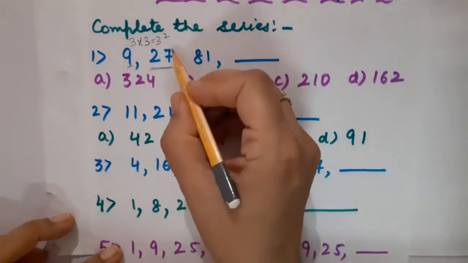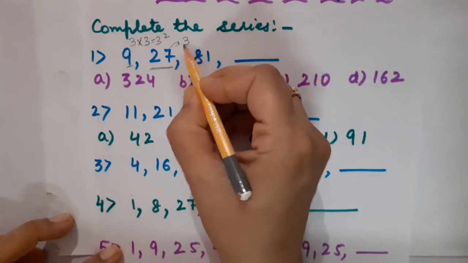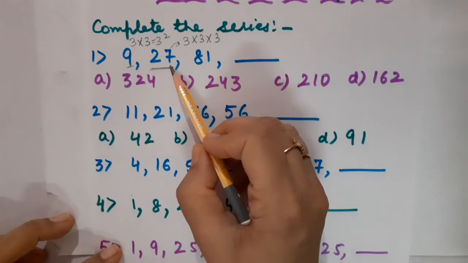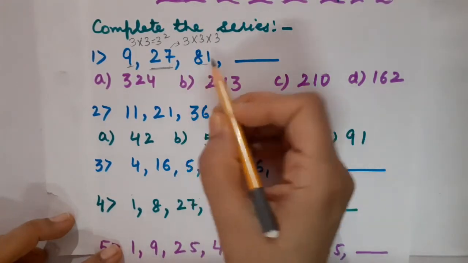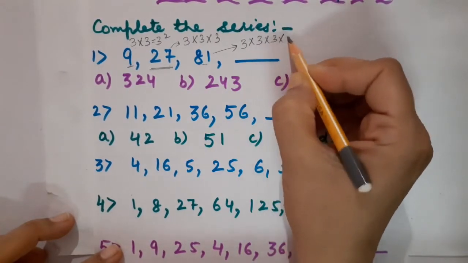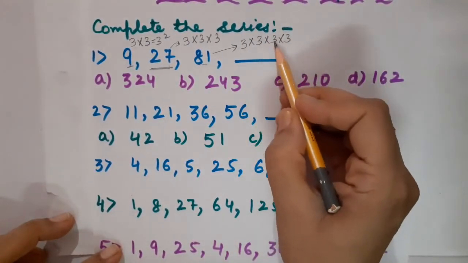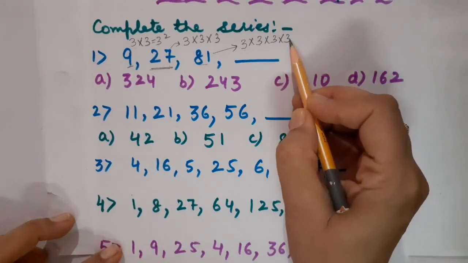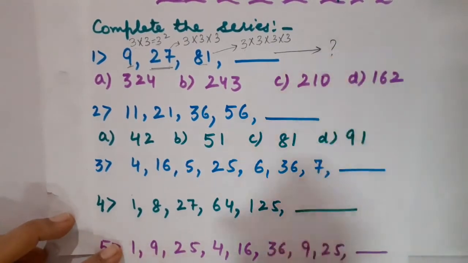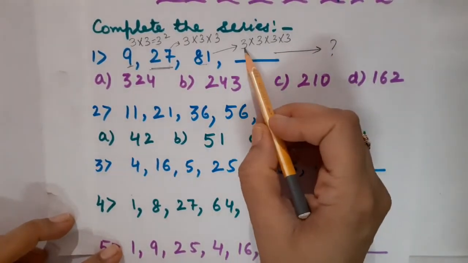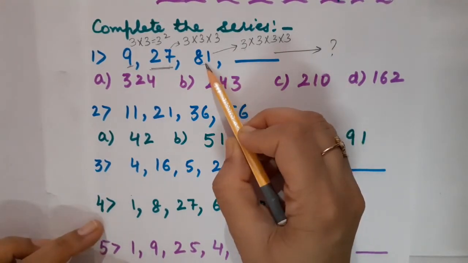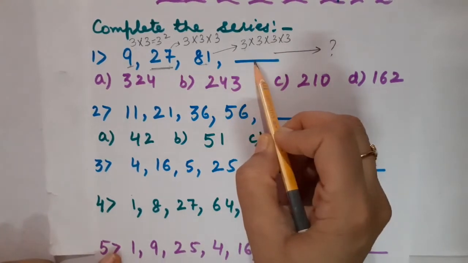Here you see, how did I get 27? When I am multiplying 3 by 3 three times, I will be getting 27. Now let us talk about 81. When I am going to multiply 3 by 3 four times. This is 3 3s are 9, 9 3s are 27, 27 into 3, that is 81. Okay. Now children, here you have to fill the answer. What you have to do? You have to multiply 3 five times. Or what you can do, you can multiply 81 by one more 3 to come to know about this number.